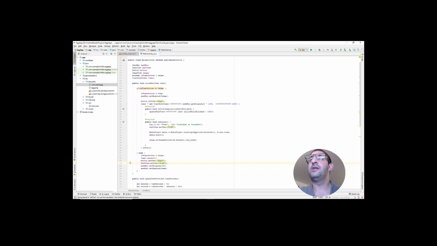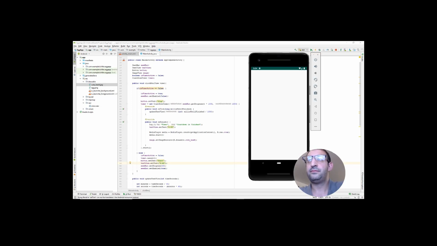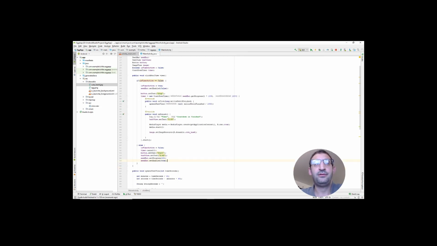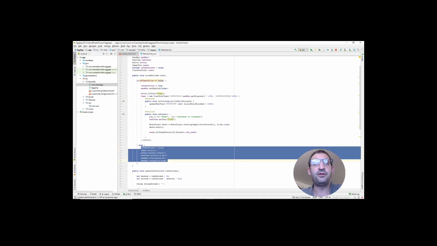Okay, let's see if it's good or not. Start. And when I make stop, I may reset all the things. Okay? Stop. Good. I come back to all the initial values. So now I want to make this reset of all values also in the onFinish method. To make it, it's very easy. Just move this